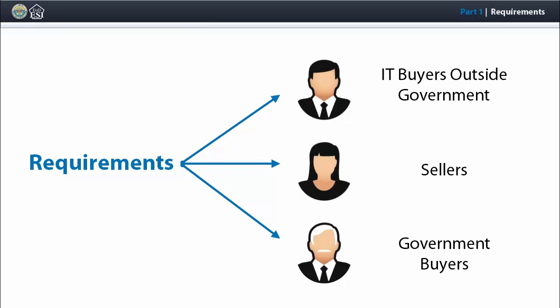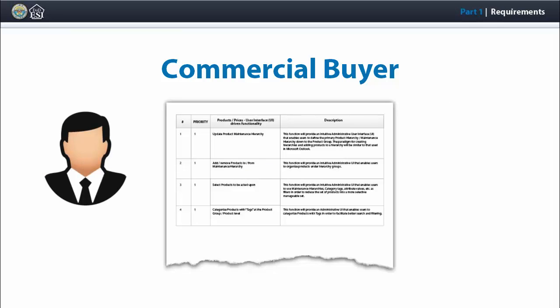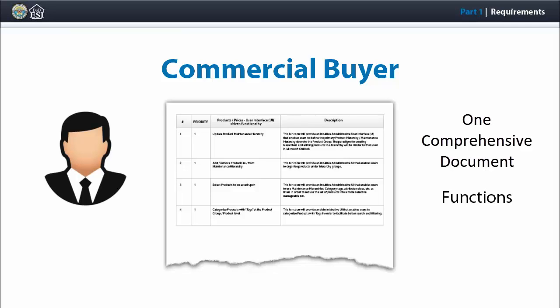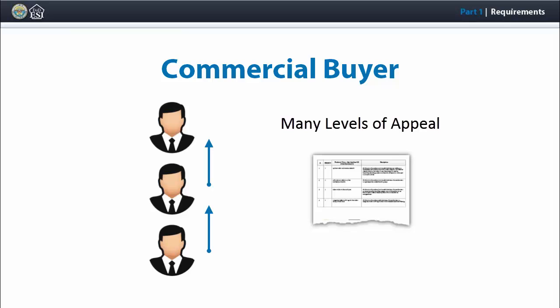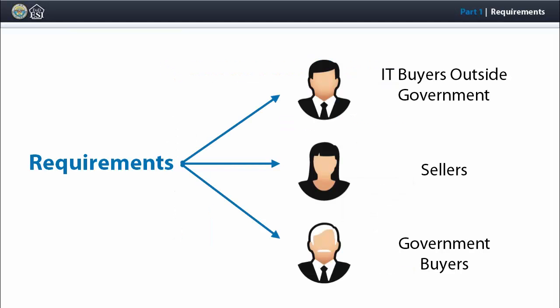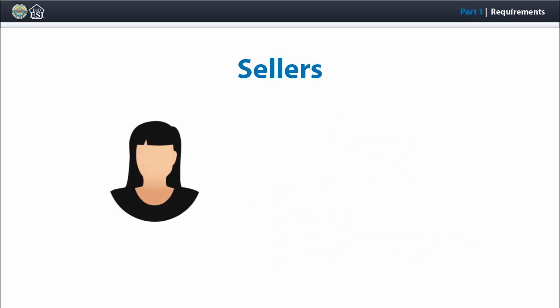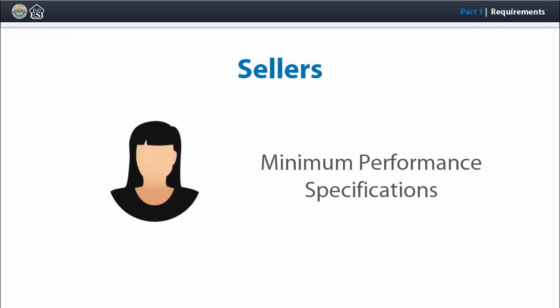playing in the project. To an IT buyer outside the government, requirements are usually captured in one comprehensive document that explains the functions or capabilities a customer needs a system or software to perform. Many levels within the commercial organization approve this one document, and the commercial IT buyer attaches it to a request for quote or proposal. Sellers typically view the requirements document as the list of minimum performance specifications that their solution